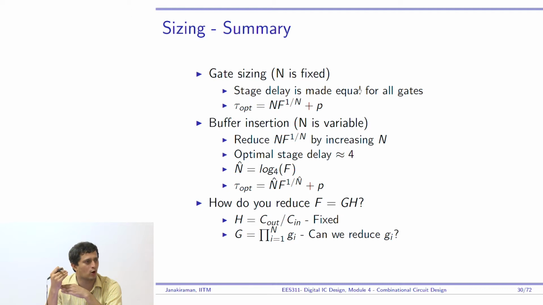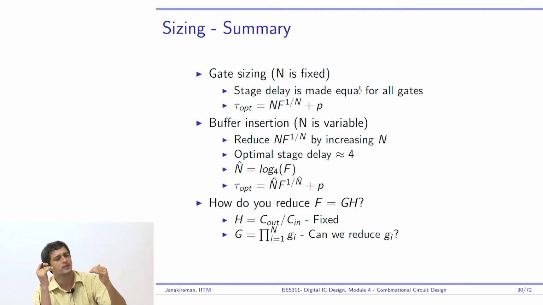You're still going to have a lot of effort being put in by each gate, right? As you saw in the example that we did, we had a stage effort of 10. Now that was too much, and we got a delay of 46. Then we said that the reason for that was f^(1/n) is not being made small enough. Ultimately, that's where you're gaining.